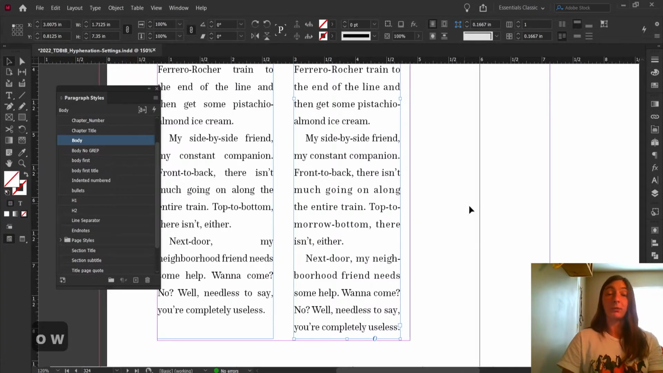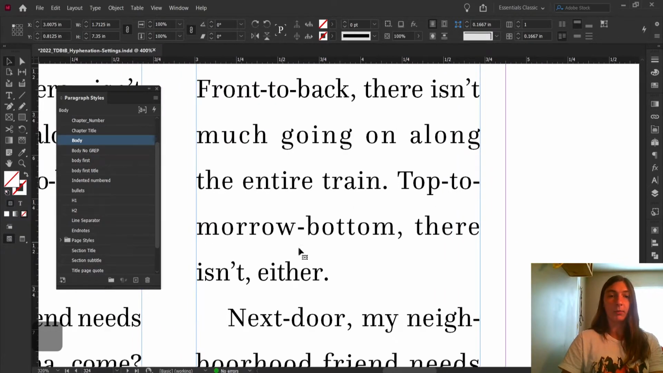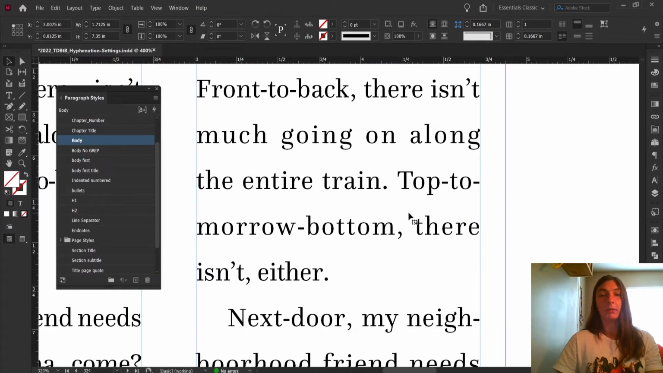Just for the sake of example, I made up a fake word. Top, tomorrow, bottom. This is very complicated. I don't like all these hyphens. And I want to completely eliminate this from happening. So what I'm going to do is use a GREP style to prevent words with hyphens in them from hyphenating